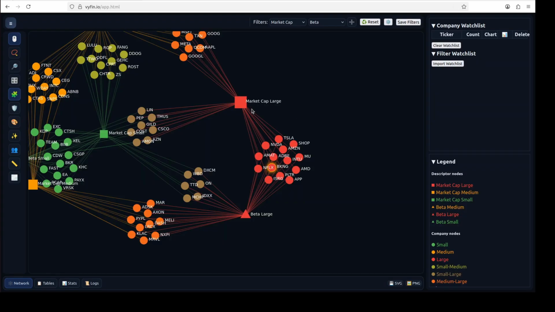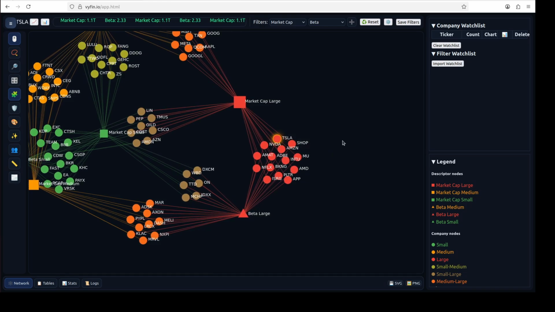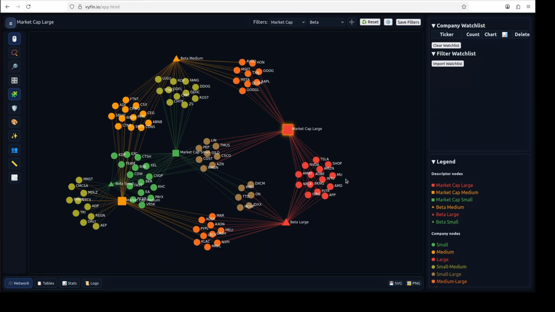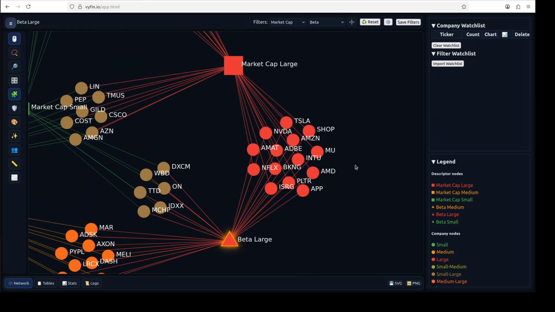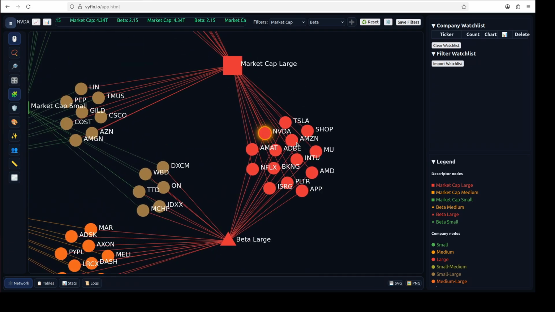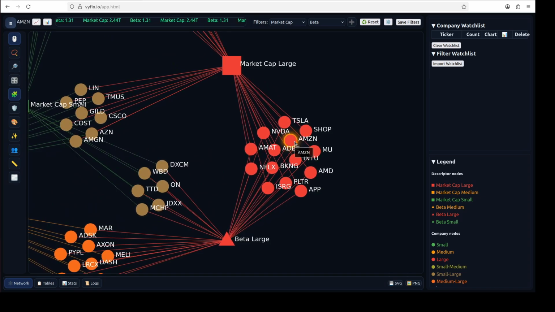What we can expect from these large beta, large market cap names is for them to move high percentages relative to the S&P 500. When we zoom into market cap large and beta large, we see some of the Mag 7 names and a few others. What we can expect is that if SPY moves 1% and say Amazon has a beta of 1.31, that Amazon